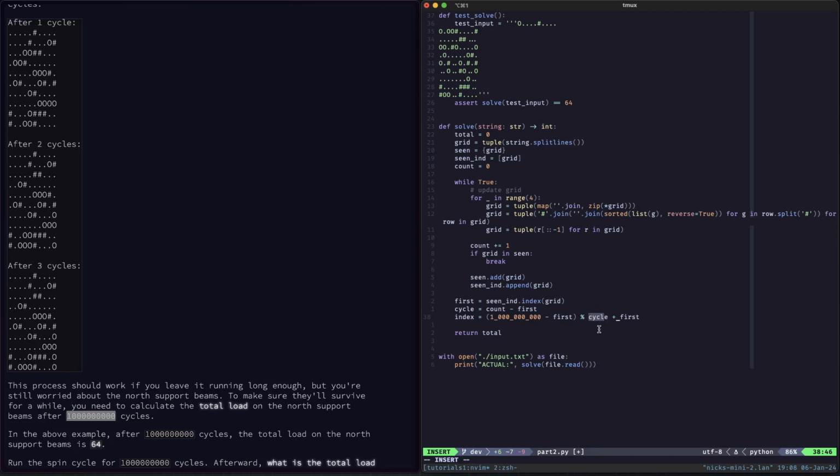I can't remember the correct math terminology, but we're getting the remainder, and then we're adding the first again, because we've taken it away here, so we add it back in. Cool. So the entry that we want is equal to the seen index